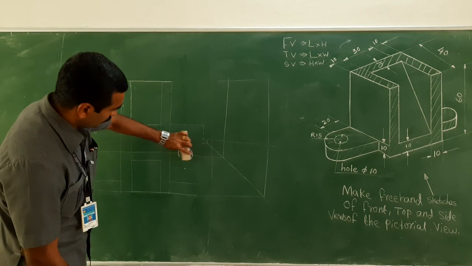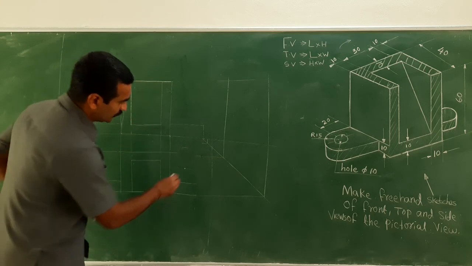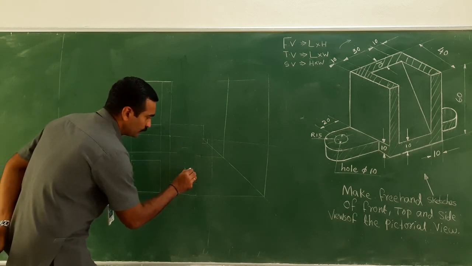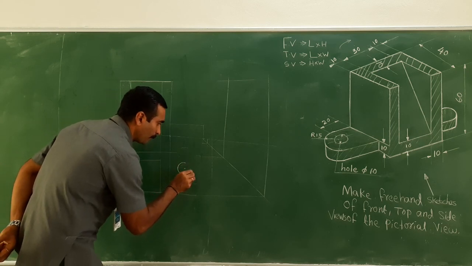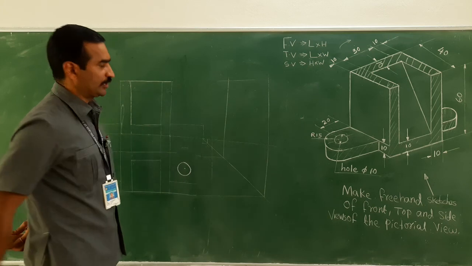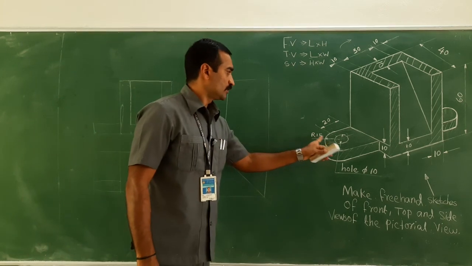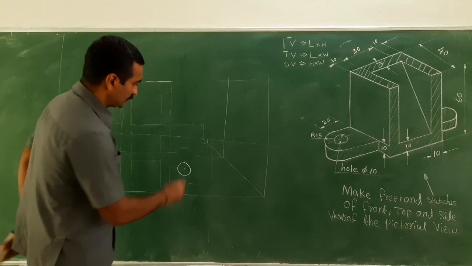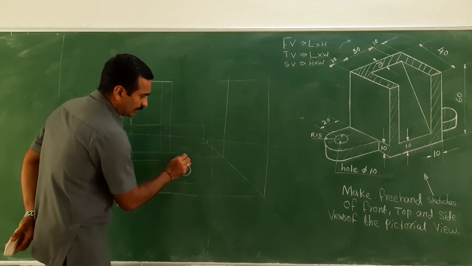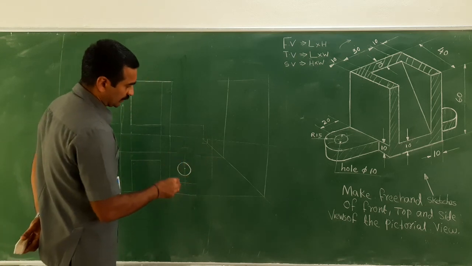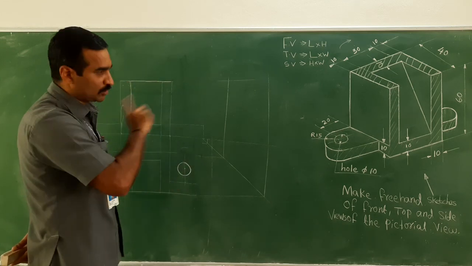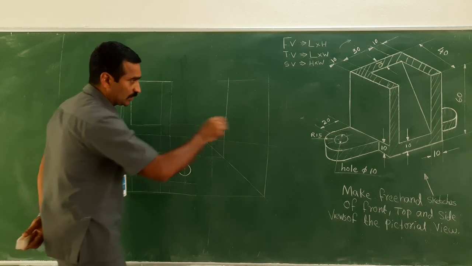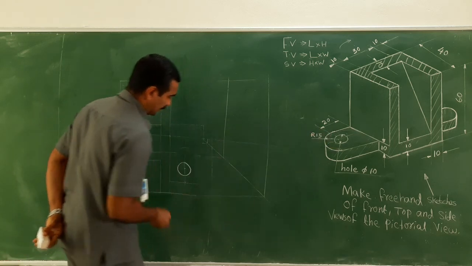I am sorry, I have drawn somewhere here. So, this is the center, isn't it? So, 5, 5, 5, 5, dia 10. Now, R15. So, this is the center. From here, a semicircle, right. So, these are the three extreme points. I need to draw a curve. That is the arc, the semicircle, right.